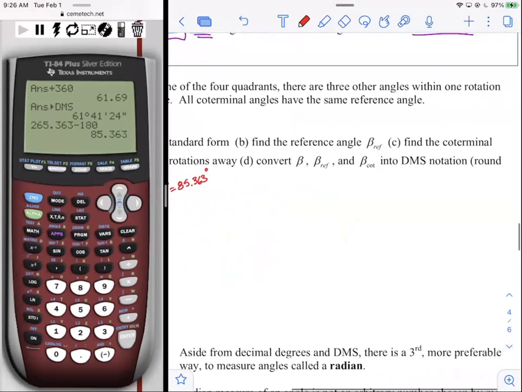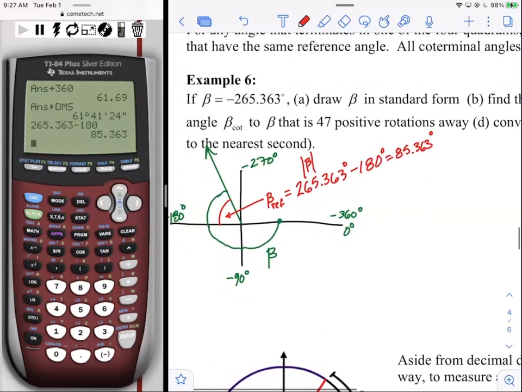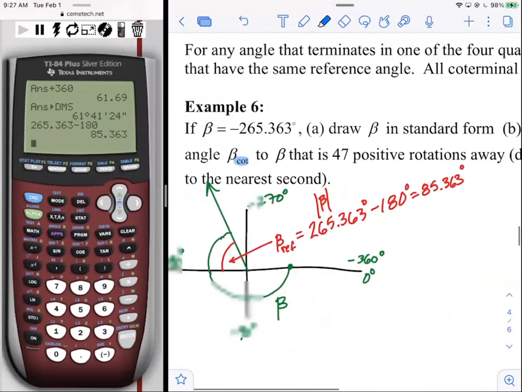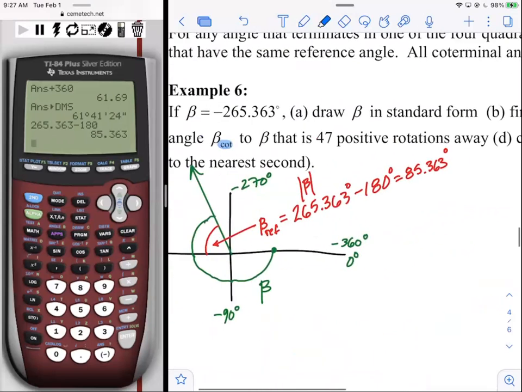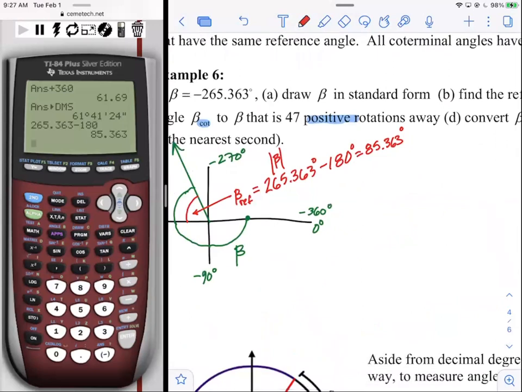Now it says to find the coterminal angle, the beta, and notice how I'm writing that, beta subscript cot. I want to find the angle that's coterminal to beta, that's 47 rotations away, positive rotations. Okay, well, how am I going to do that? Here's how I find it. Beta coterminal. If I want it to be 47 positive rotations away from beta, I'm not going to draw that. I'm going to take beta,